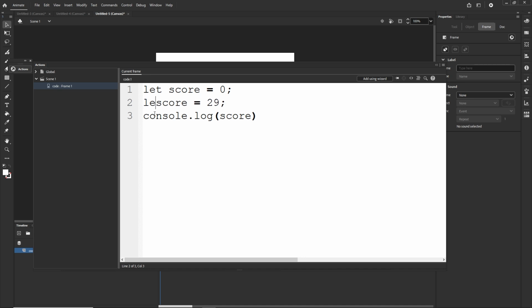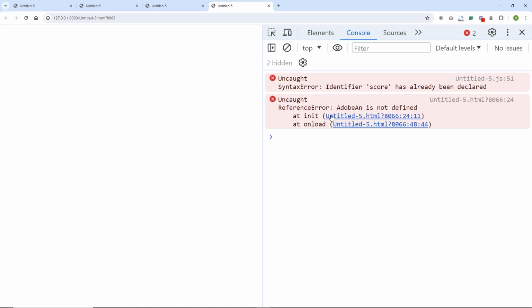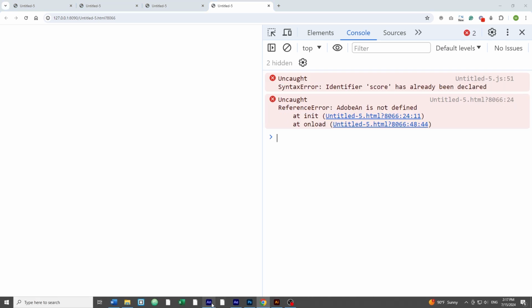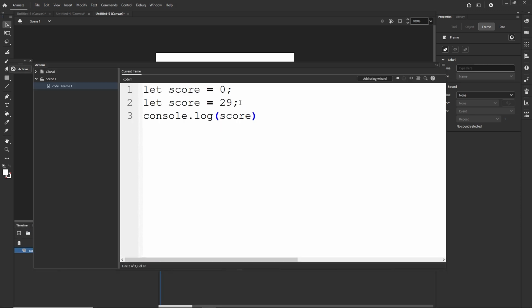But if I would go, for example, right now, let score is equal to 0, and then I go let score is going to be 29, we are going to get an error, okay? And the error is going to be that the score already has been declared. Okay, now what I'm going to do is I'm going to get rid of this like so,